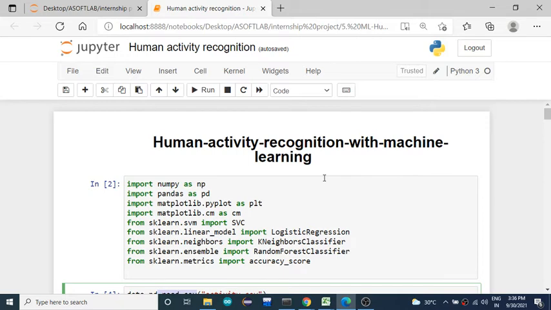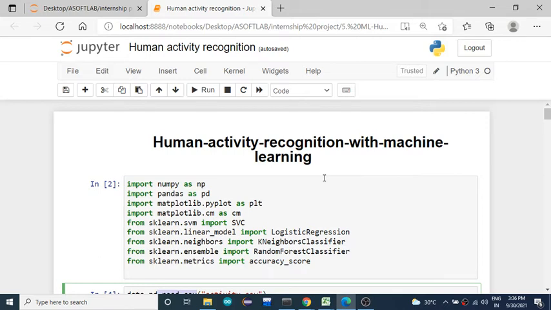Fine. The next step after model selection is model training. After selecting the model, you need to create an instance of the model. After that, you need to train the model by giving it the training data set, both the independent and the dependent features. The training data portion should be fit to the algorithm or the model. Thereby you are going to train the model.